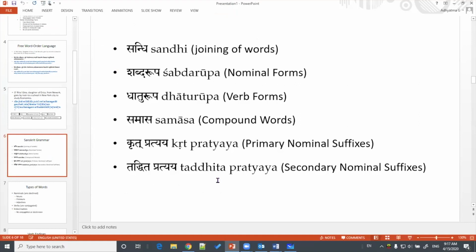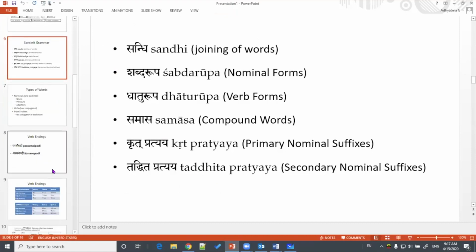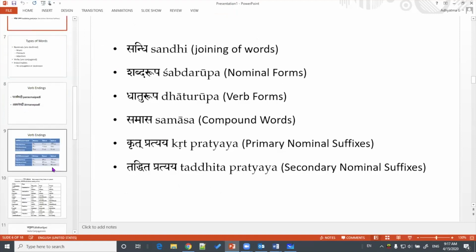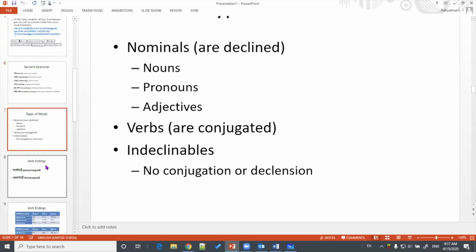So as I said, because we are going into different topics every day, we are learning something new. We did the verb forms some time ago, and it may seem like a lot of time ago. So I'll quickly tell you that verbs are conjugated, while nominals are declined. This is just technical terminology. In other words, verbs are put in a 3 by 3 table.